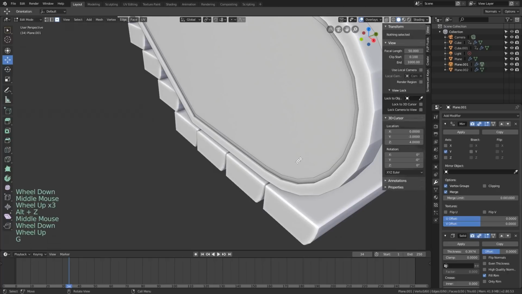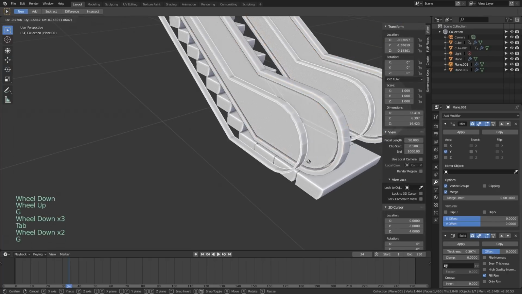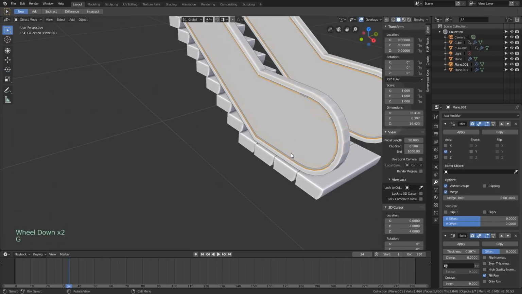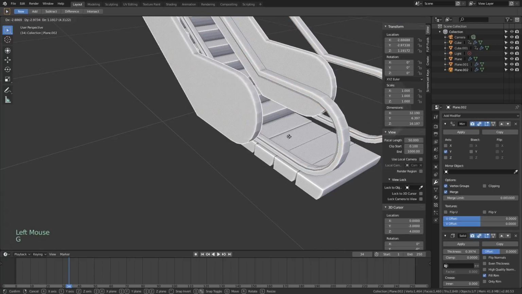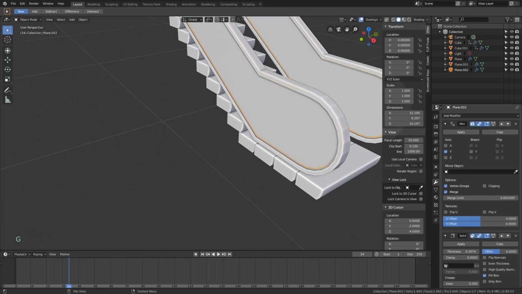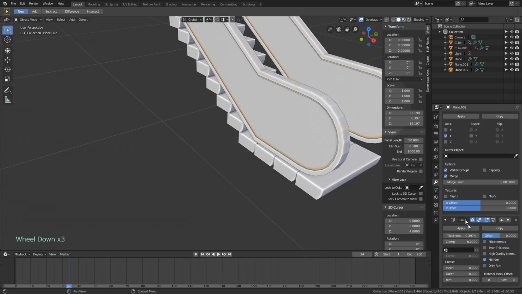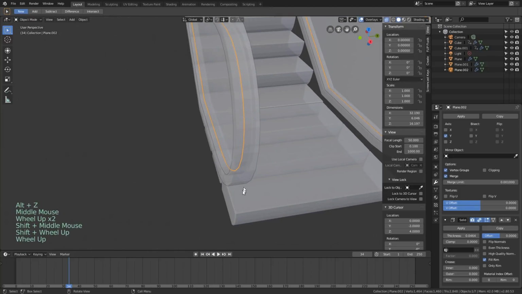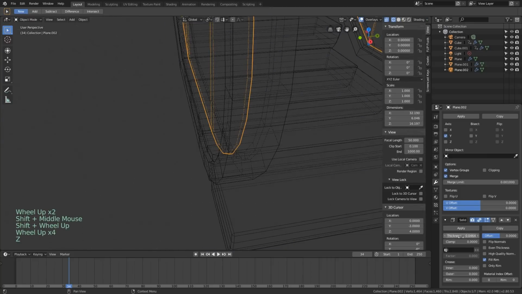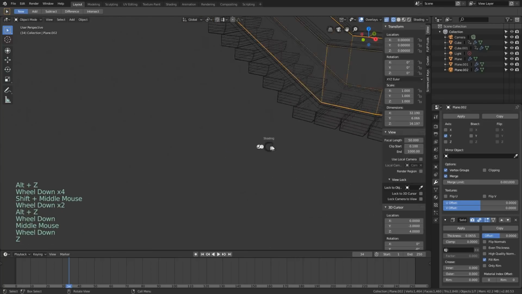So this is the metal part. This is the glass, and the glass obviously would be pretty thin, so we can go back into our solidify, move that in. Just trying to get a feel for how thick this is here. Yeah, so the glass would be pretty thin.